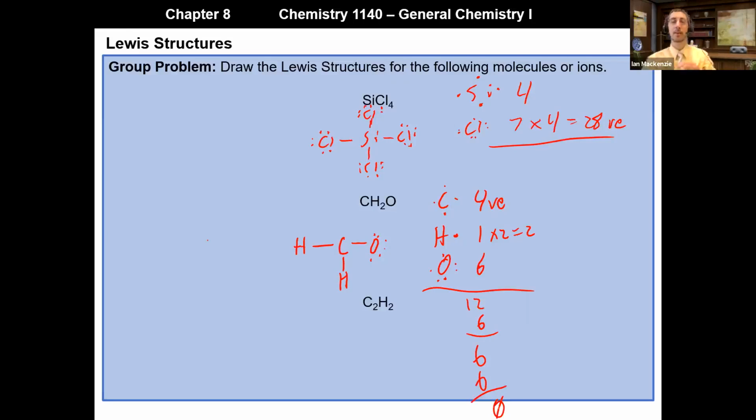But carbon is not happy. Carbon has only 6 valence electrons around it. So I must make a multiple bond by bringing in a lone pair from one of the outer atoms. Clearly, neither of the hydrogens have any extra electrons to make a double bond, but oxygen does, so we can take this lone pair, bring it down to share, and we'll end up with a structure that looks like this,